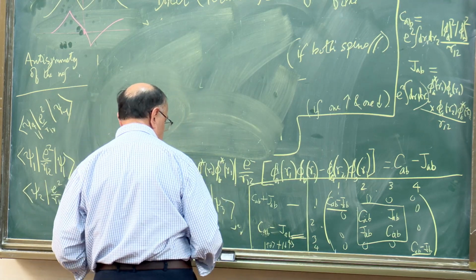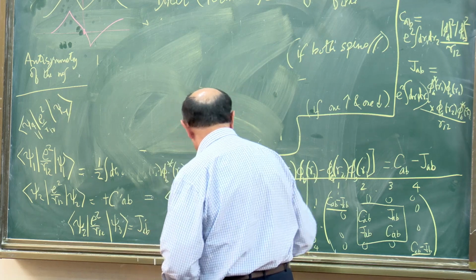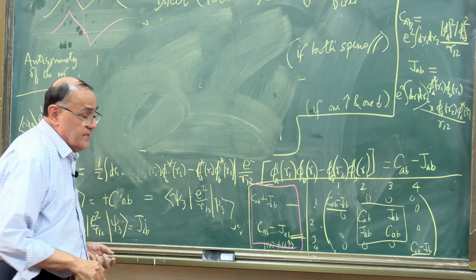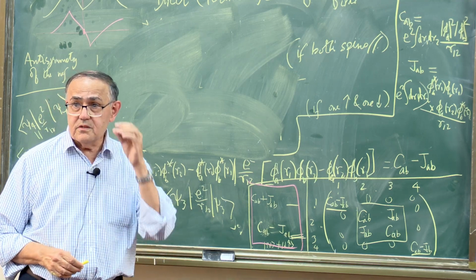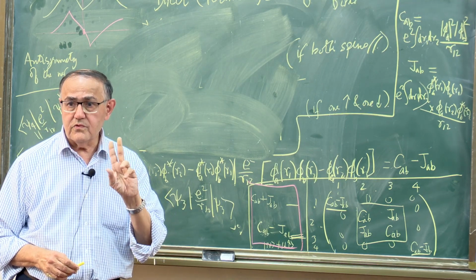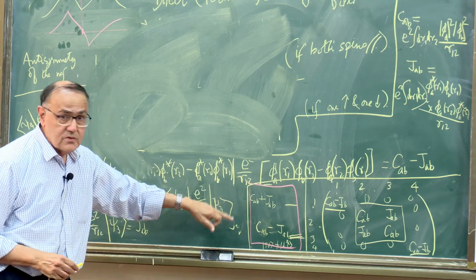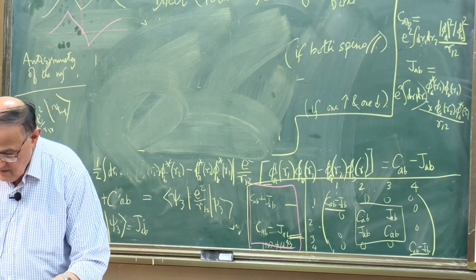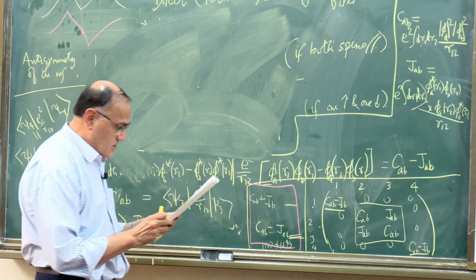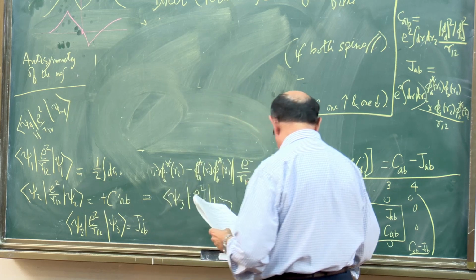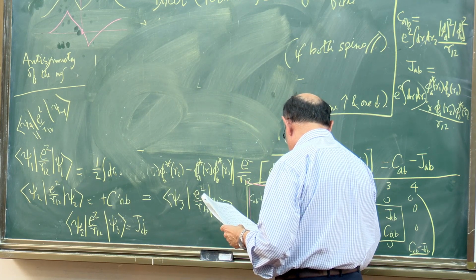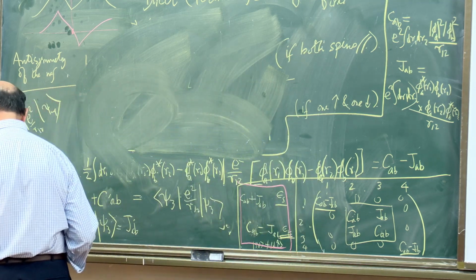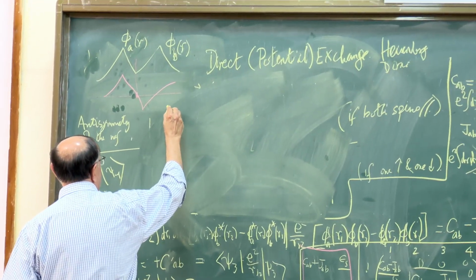So let's summarize. Well, the summary is right here in this part. But we can write the answer purely in terms of spins, now that we know this is the answer. Okay, and so how do we do it? Let me write the answer first. So let's say this is the energy of the singlet, Es, the energy of the triplet, Et. There's some formula with C and J, but let's not bother. So I'm saying the answer is